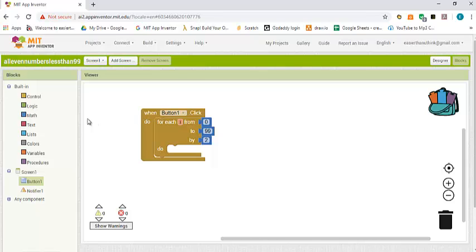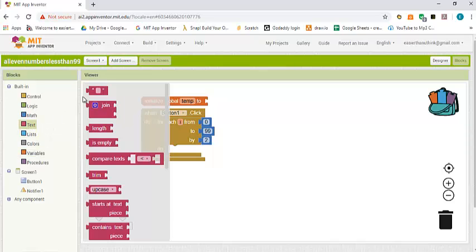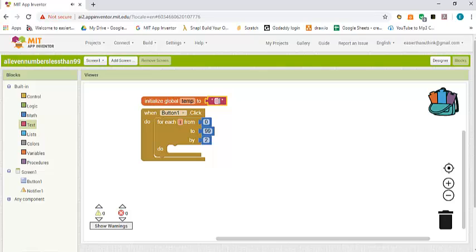To do this, I'm going to create a new variable and we call it, let's say, temp. And the initial value of temp, we're going to set to blank. So we don't put anything here. Now, every time we go through the loop, I'm going to append the value of I to this temp. But since I don't want to have everything on the same line, I'm going to add a new line character to temp. So to do this, I'm going to go to variables and I'm going to say set temp to be the previous temp